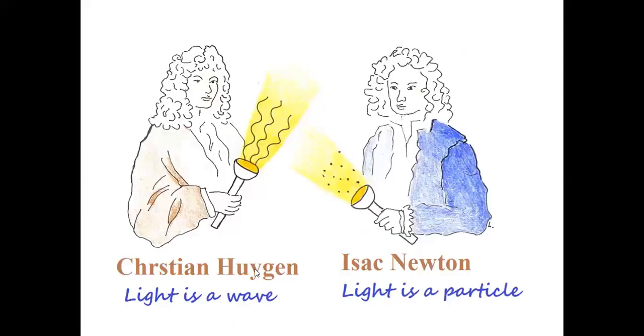Then came Christian Huygens. Christian Huygens and Isaac Newton had a war, and some people were saying that light is a stream of particles, and because of its high speed, light travels in a straight line. But Christian Huygens said that light is a wave. This war went on for a few years, but Christian Huygens' wave theory stood strong for the reason that it could explain reflection, refraction, interference, diffraction, so many phenomena of light seen in those days. Even to explain interference of light, Thomas Young's double slit experiment, wave theory was used. When that practical observation was explained using wave theory, it became very strong.